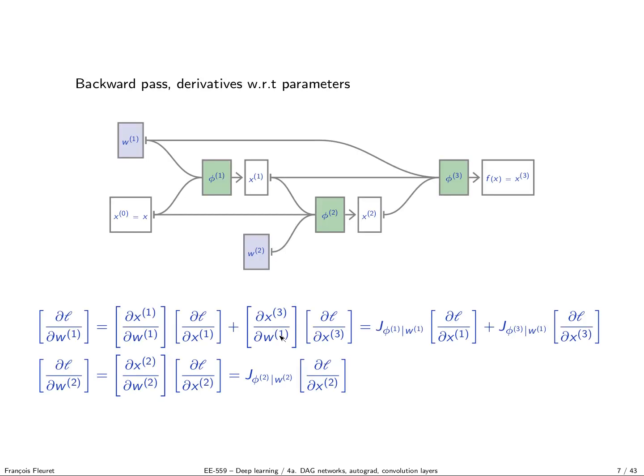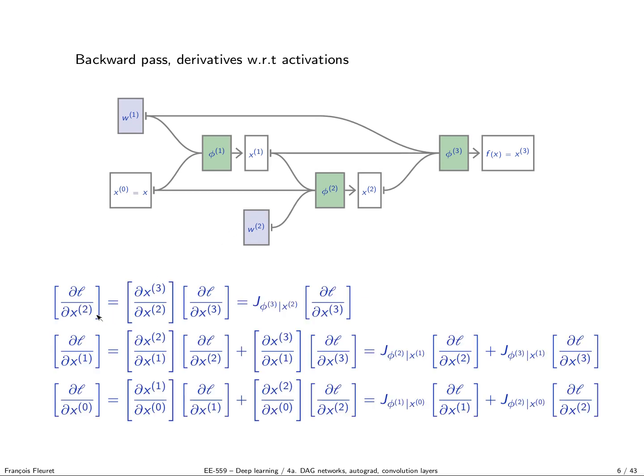And maybe we should come back to this. It's exactly what happens here. We make the assumption that the derivative of the loss with respect to x3 is given by the analytical definition of the loss, and then from this we are able to compute the gradient with respect to x2, which is this guy, and then the derivative with respect to x1, which is this guy, and then with respect to x0, which is this guy. So we really do a backward pass. We just go in the opposite direction from the one we used for computing activations.